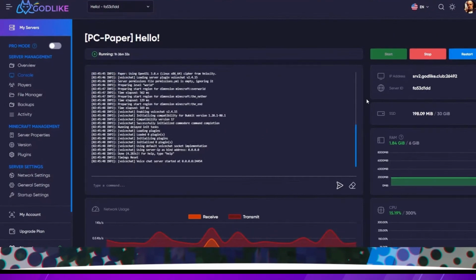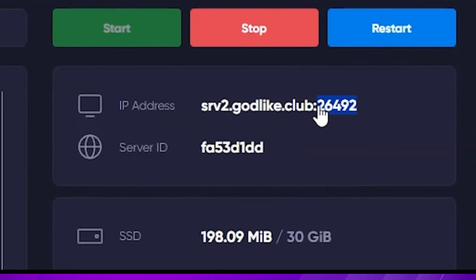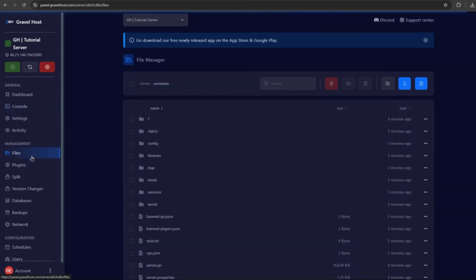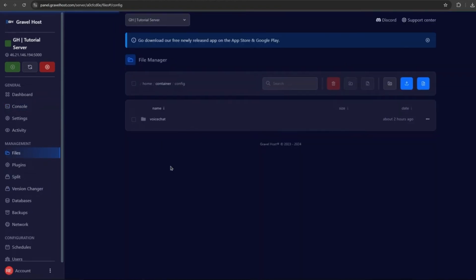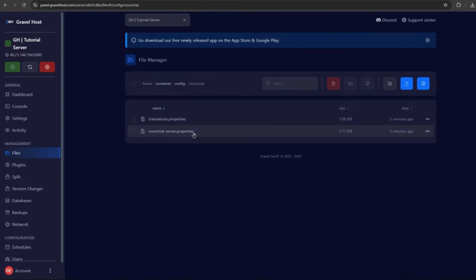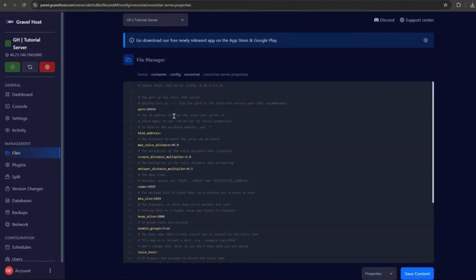You can add a note if you want for that new port, just in case you have multiple and you want to know which one is which, but go ahead and copy that port either by using Ctrl C or right click copy. Scroll all the way back up and go back to the file manager, open the config folder, open that voice chat folder, then open the voice chat server properties here, and you will see the port equals,